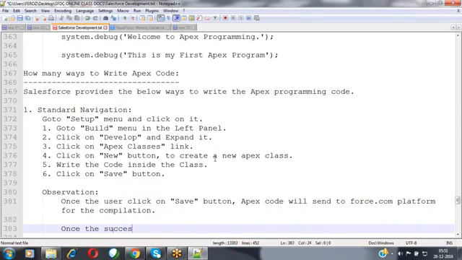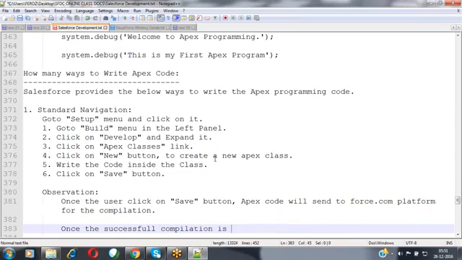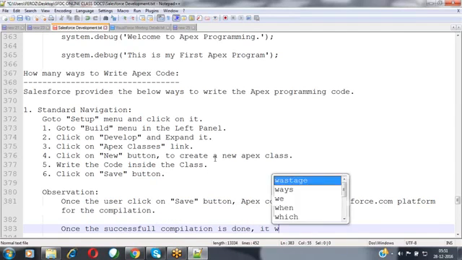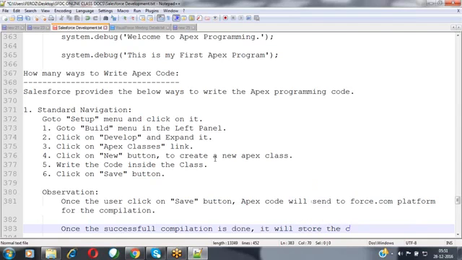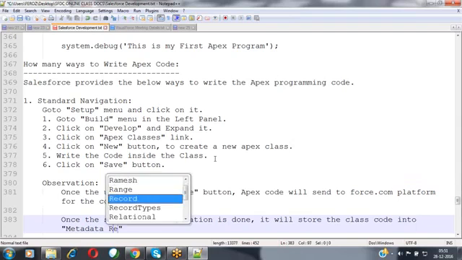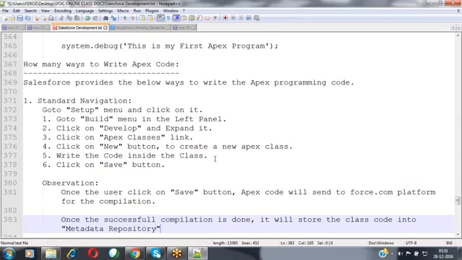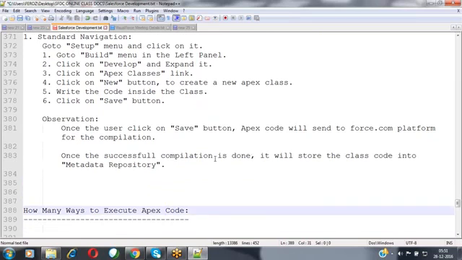Once the compilation is successful, it will store the code into the metadata repository. This process we have already discussed. This is the actual process that happens in Salesforce.